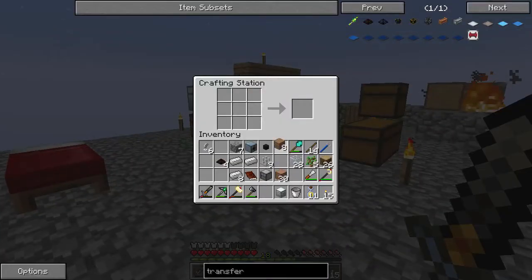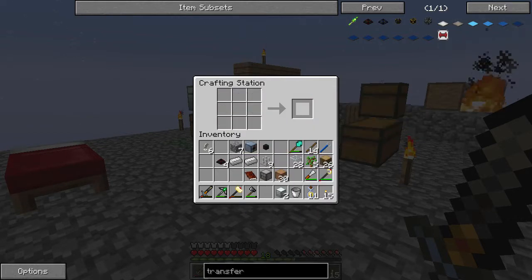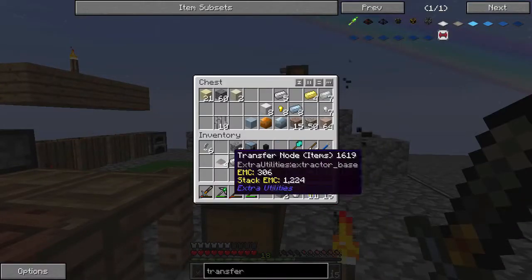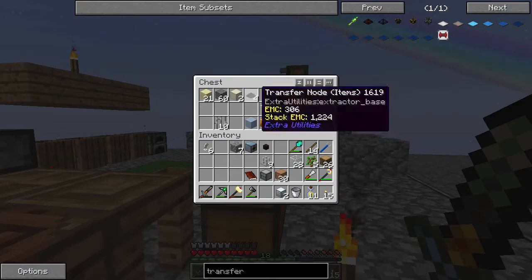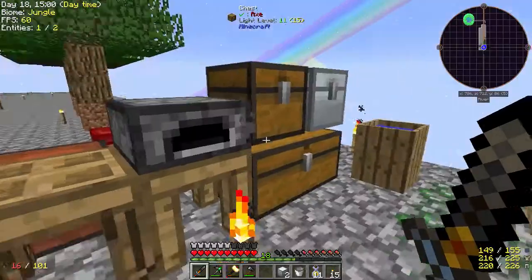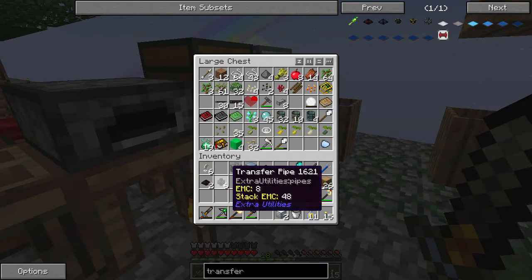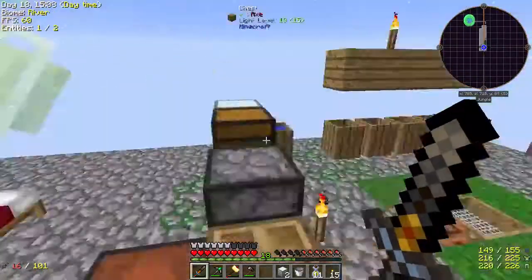And I think I want to do 2 chests to set this up. So what we're going to do is make a fairly basic system right now, because we don't have too much in terms of supplies. So transfer nodes are going to be the best way to do much of anything at this point in the game. So let's grab